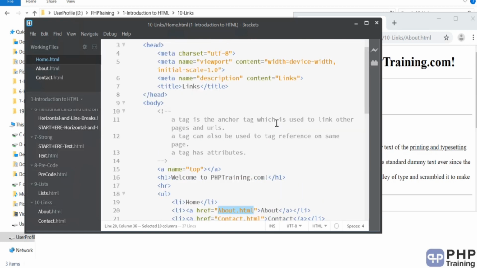Alright, so that's all about the anchor tag. And remember, the anchor tag has attributes, and the anchor tag is the most important tag because it connects all the resources on the internet. If you want to give links to your Facebook page, Twitter page, or to other pages on the website, you will be using the anchor tag a lot. Okay, so that's all about how to use the anchor tag, and I'll see you in the next one.